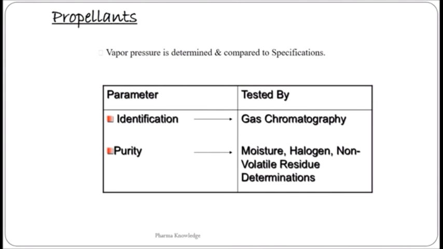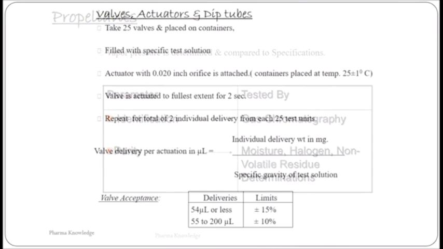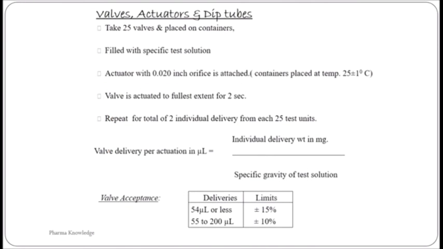Next we see the manufacturing of pharmaceutical aerosol, which is done at minus 40 degrees Fahrenheit. The first one is the pressure filling apparatus. The pressure filling apparatus consists of a pressure burette capable of metering small volumes of liquefied gas under pressure, and this is not used for inhalational aerosol filling.